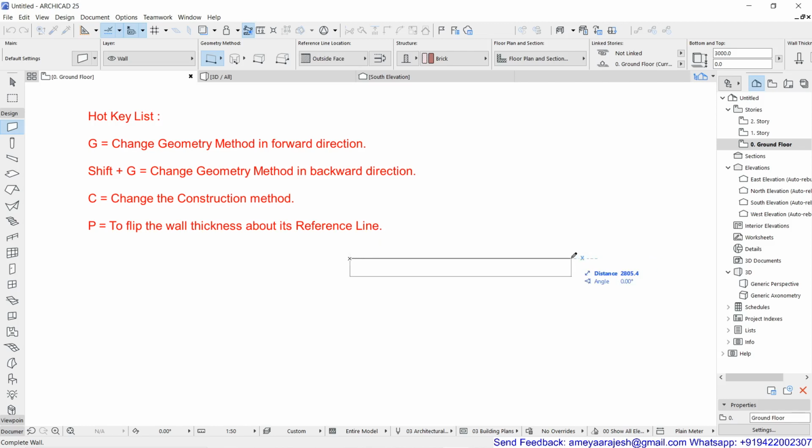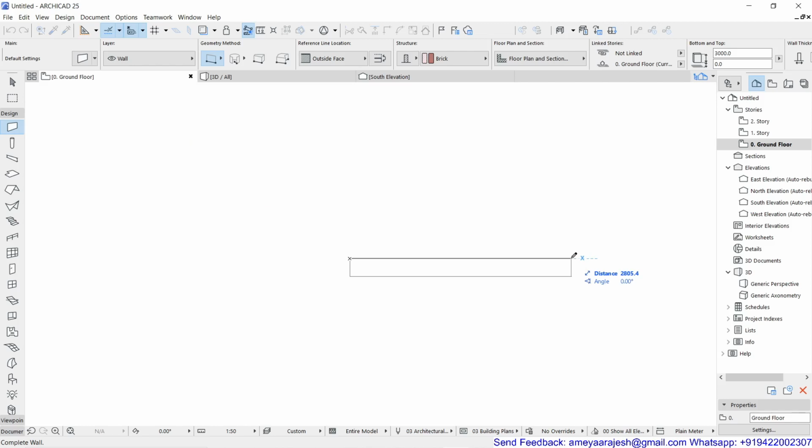Try to recollect all these hotkeys so that it will be easier for you to communicate with the software, and you will be working much faster and with better comfort.